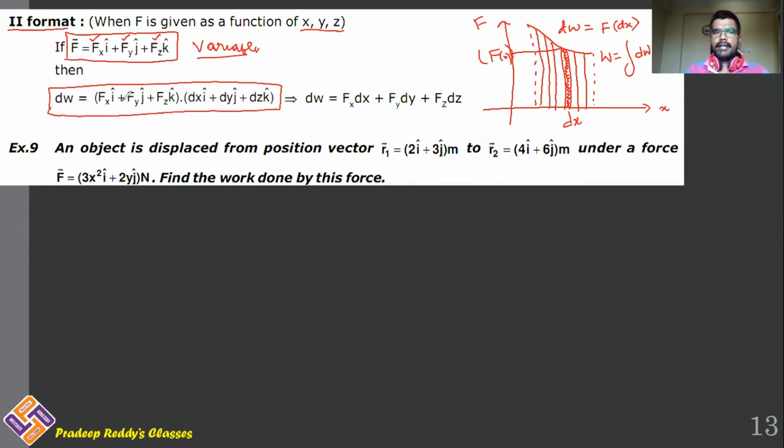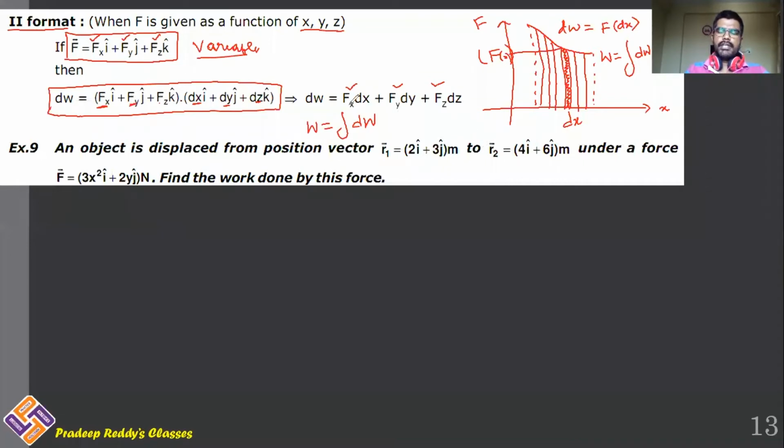First you will calculate dW. After calculating dW, you will be finding out net work done by integrating this dW. And dW is the dot product of F and dr. See here, f of x into i cap and dx, so dW is f of x dx plus f of y dy plus f of z dz. That's what we have got here. Now integrating this total, you will be getting net work done, and this is in 3 dimensions.